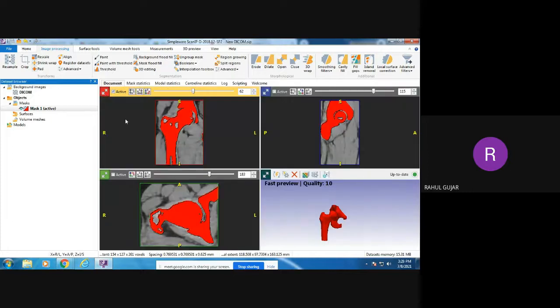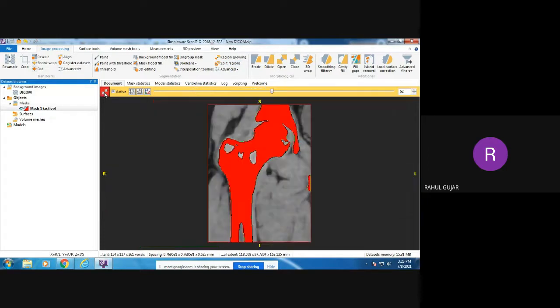So then I have to go again to the option called split region. I'll again go to this 2D image screen, and I'll click on split region. The function of the split region is it will separate the two masks, we can say, the mask for the acetabulum and the mask for the femur bone. It will separate them out.